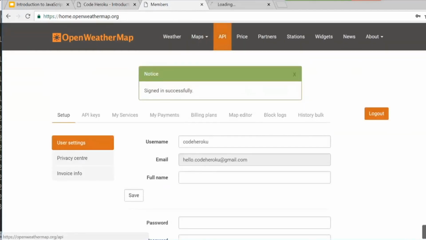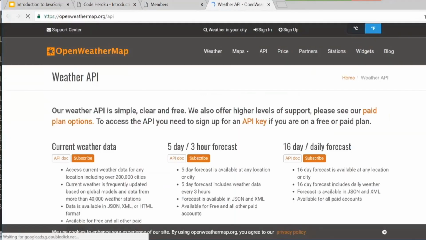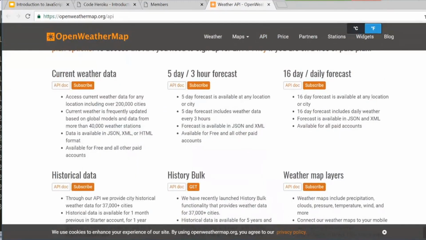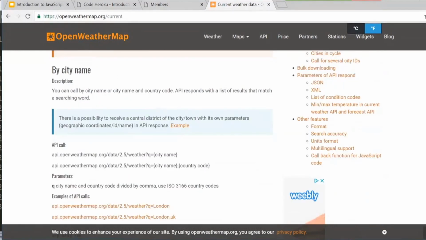Let's look at their API. I clicked over here and went to the API tab, and this is the current weather data. We want the current weather data from them. Let's see the API documentation. Over here, they are saying that this is how you call our API. You use this thing,